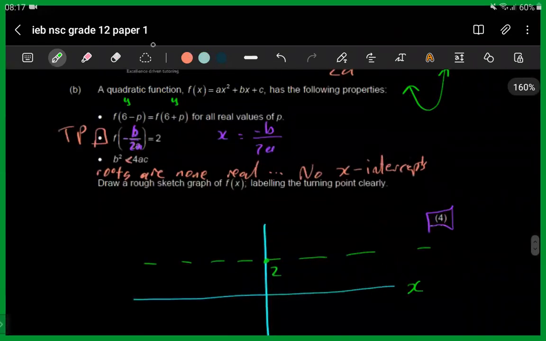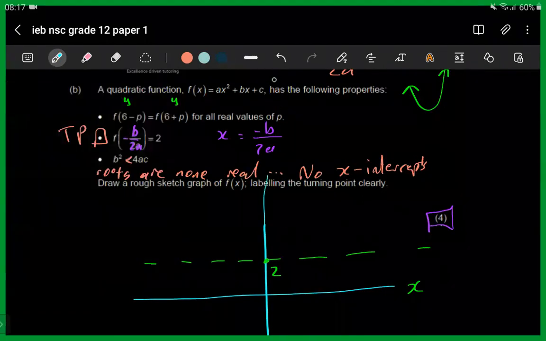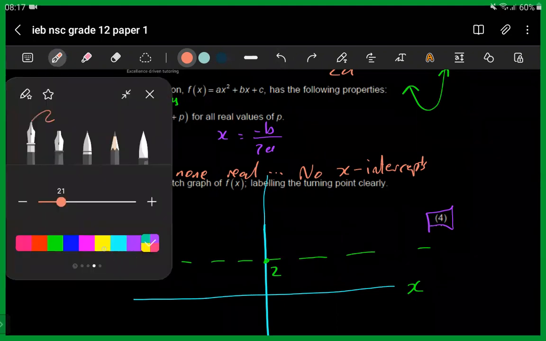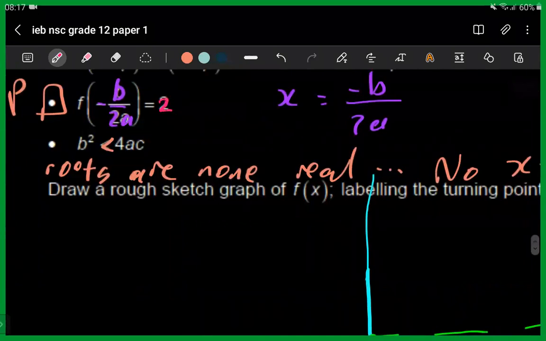So already our rough sketch, right? Let's just extend this. What we need to know is our rough sketch. You either need to think yourself, is it going to be smiling like this, where the x-intercept is there and the graph is more towards the right, or is your graph going to be more like this, where your graph is more to the left? So to do that, you can just try and make use of your turning point. What you need to keep in mind is if this number is coming out as a positive 2, you have to remember that